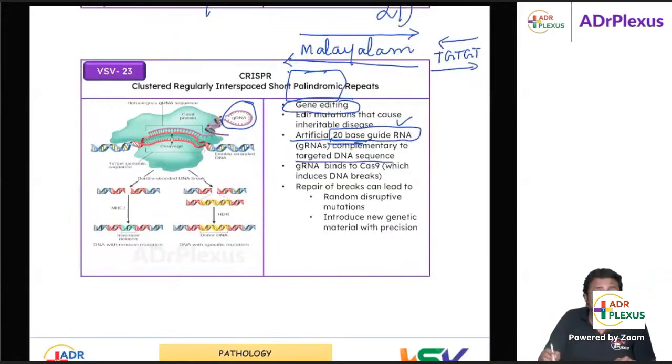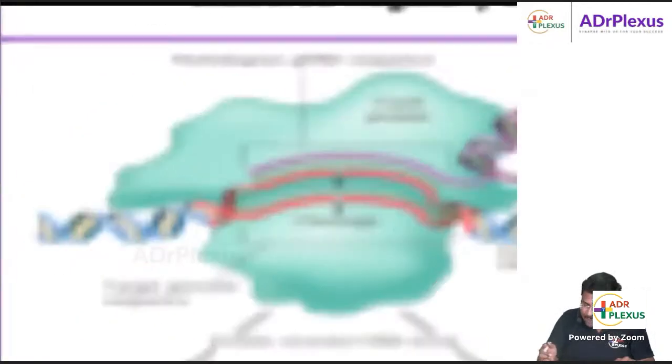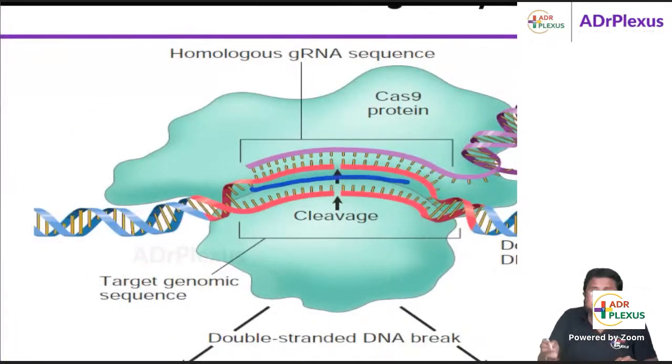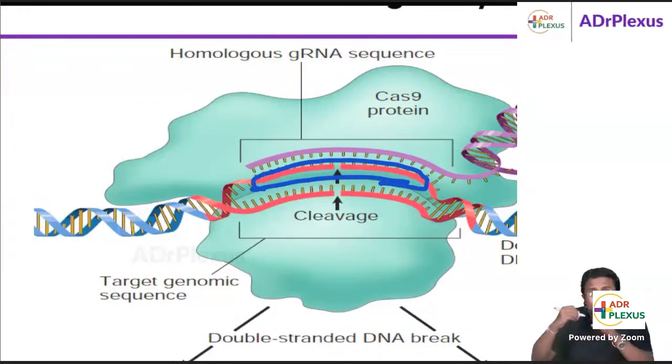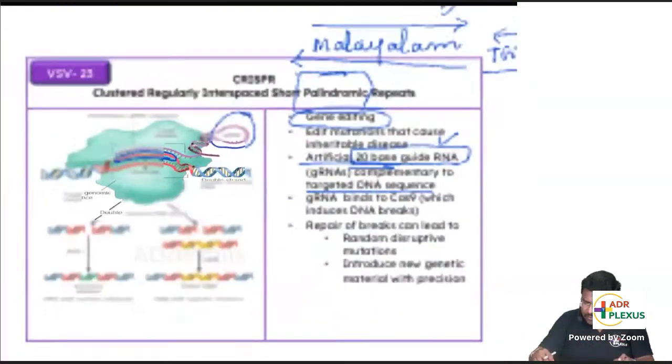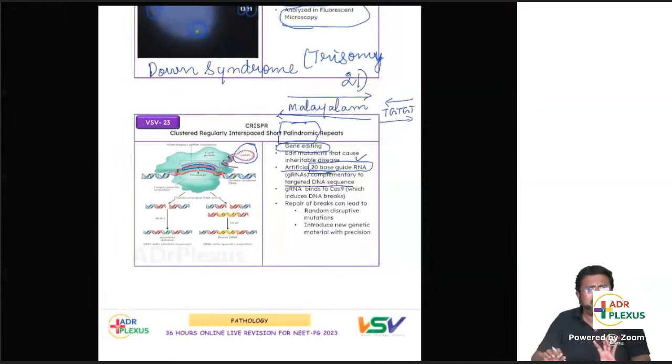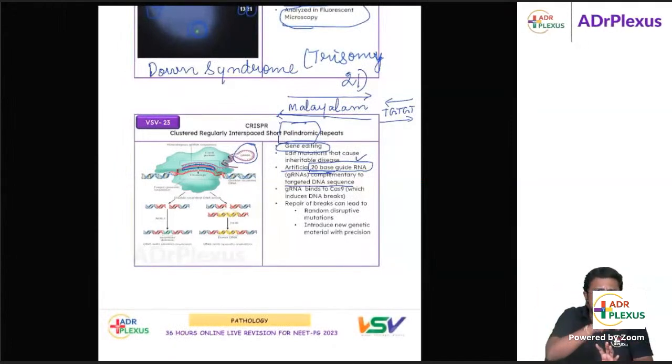DNA sequence. Say, for example, this is the target DNA. The red one is the targeted DNA, here the red one is the targeted DNA with some gene damage. You want to edit this area. So you have to make a guided RNA which has 20 base pairs, complementary to the target DNA. See, you have made the guided RNA. It will guide you that this is the locus.